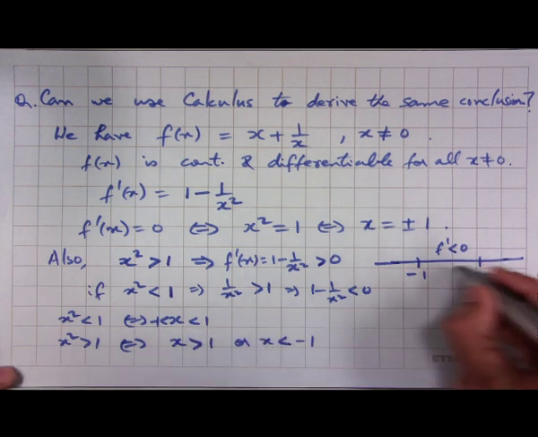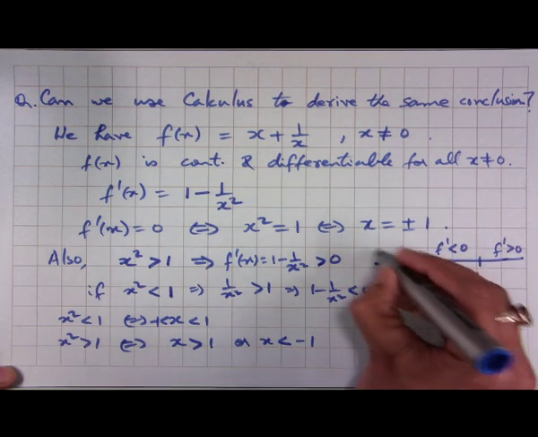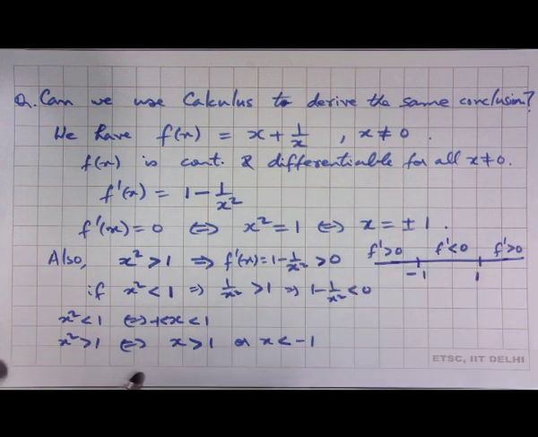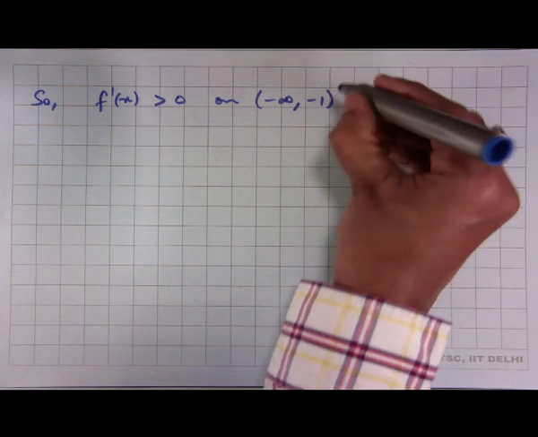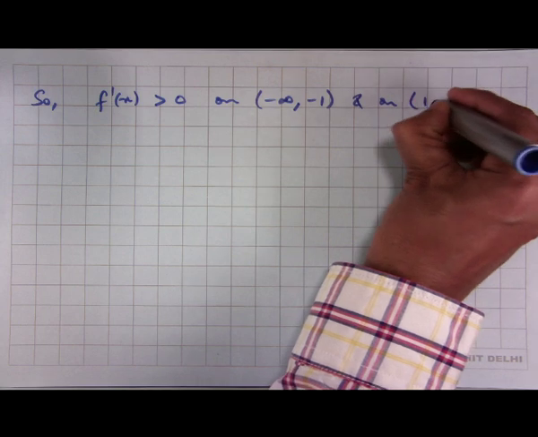So, the derivative is positive in the interval 1 to infinity, and derivative is positive also in the interval minus infinity to minus 1. So, f prime x is positive on minus infinity to minus 1 and also on 1 to infinity,